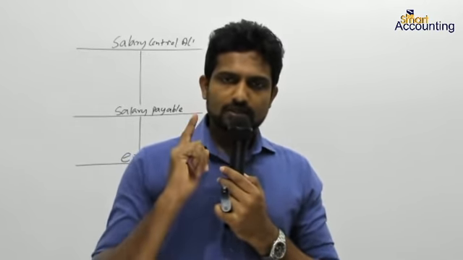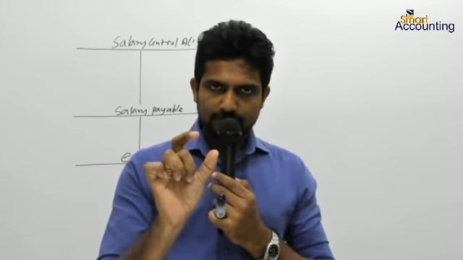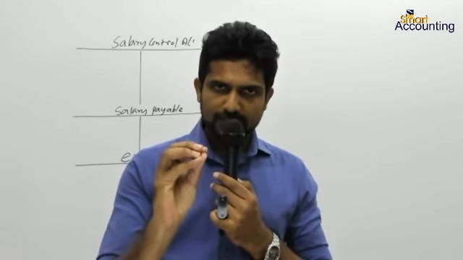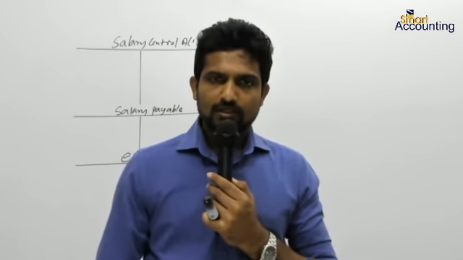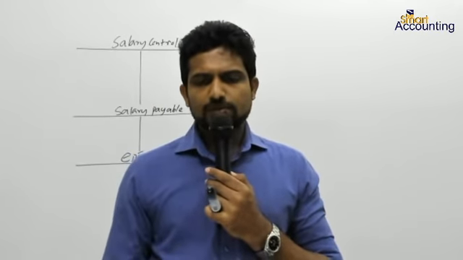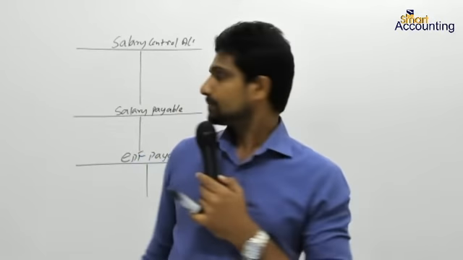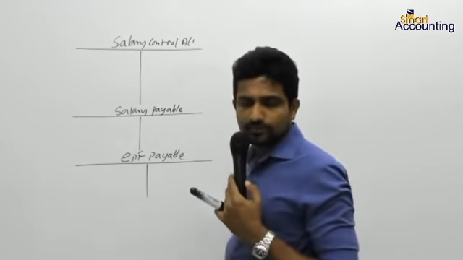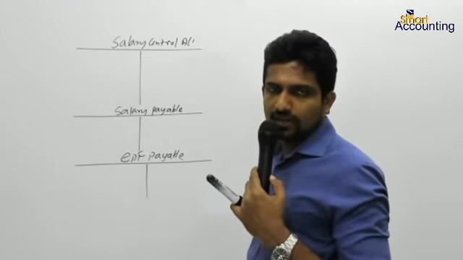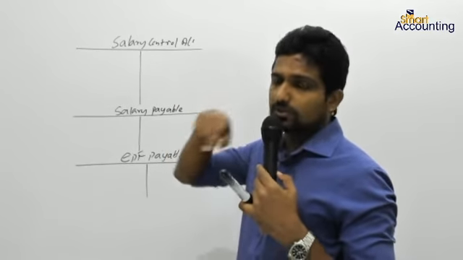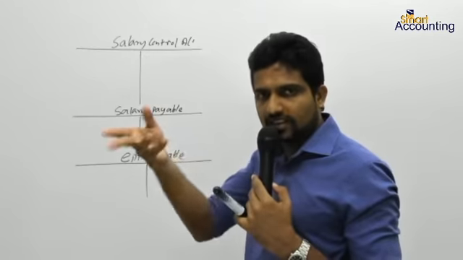The net salary of a certain month, as per the question, they pay in the next month. Therefore, the last month is February, the February salary, the payable amount should be there in the salary payable account. In the salary payable account, the net salary of the previous month should be available. Why? The net salary is the amount finally paid.